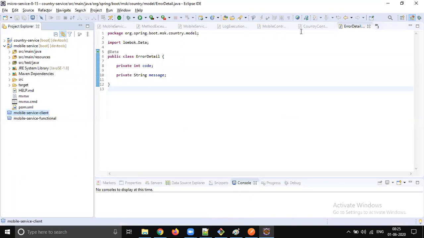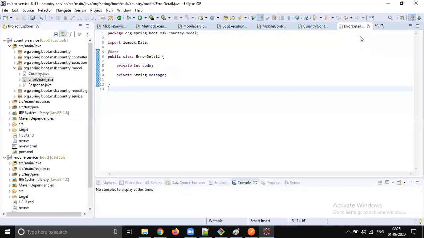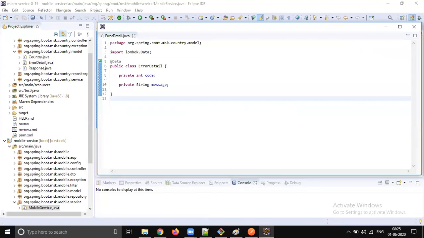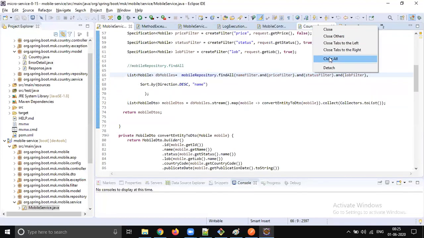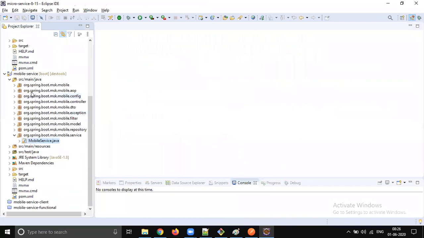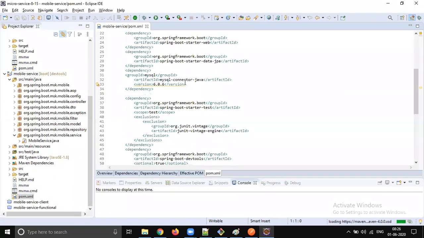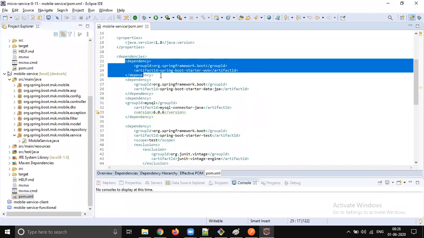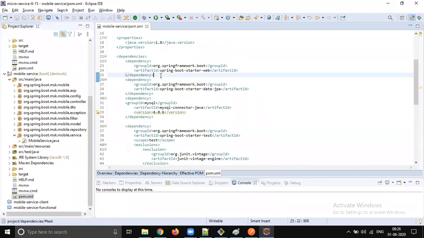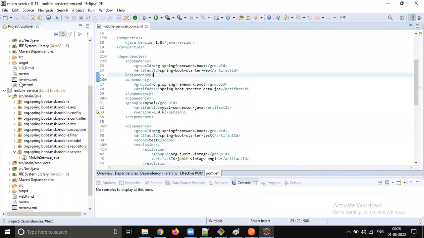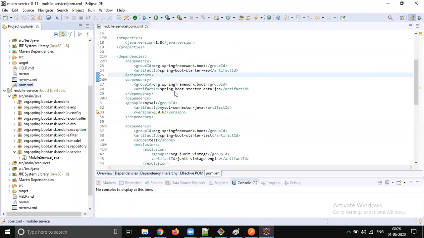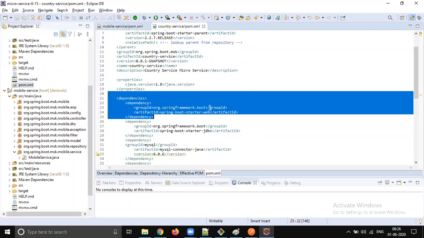So let's go to the mobile service pom.xml file. There are some common dependencies here and there, which are required for accessory and client also.